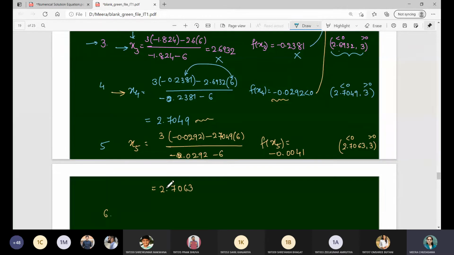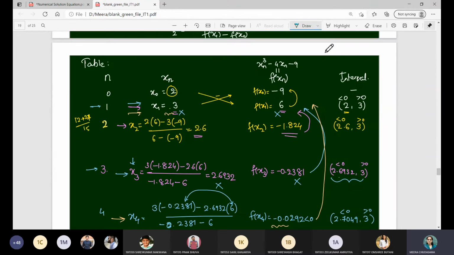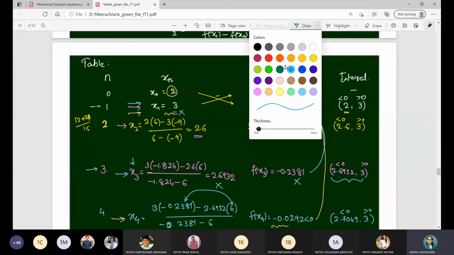Since x6 corresponds to this x5 and 3, I have to choose another color. One goes to x1 because of 3, and one goes to x5 because of this point. So for the cross multiplication, whenever you see,